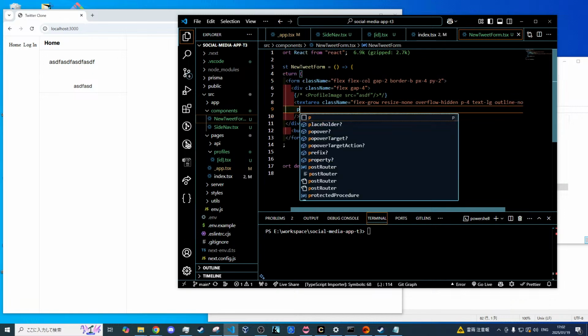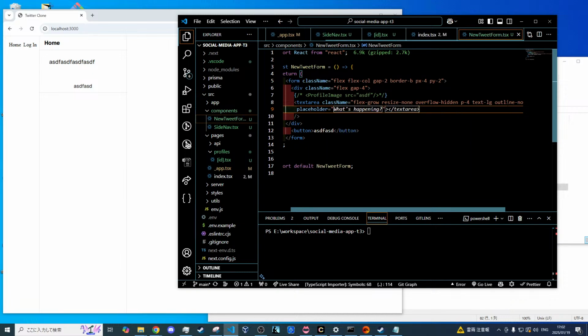Now the next thing I want to work on is our button, and I'm actually going to use a custom component for this. So let's create a brand new component called button.tsx, because pretty much all of our buttons are going to follow a similar